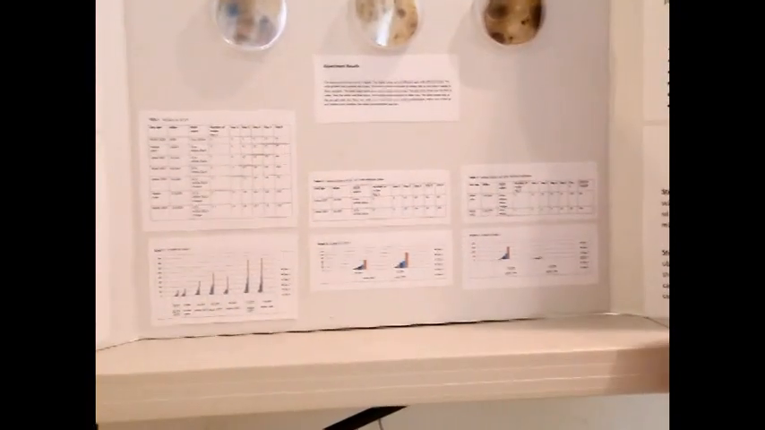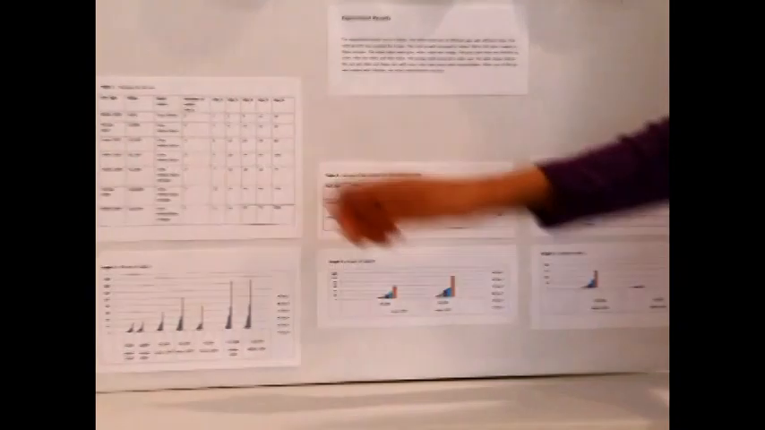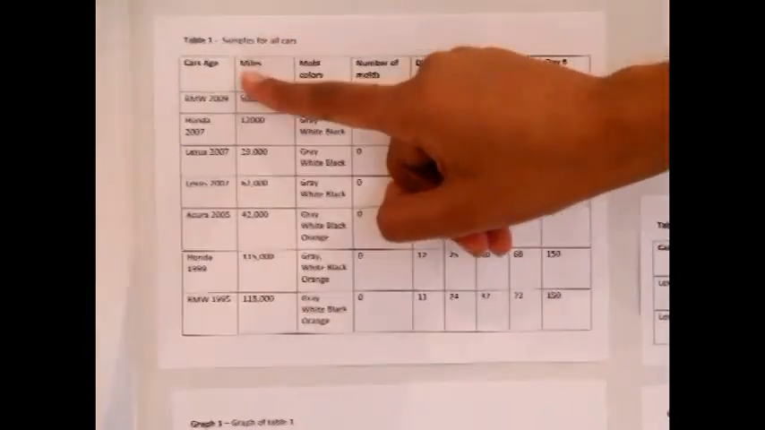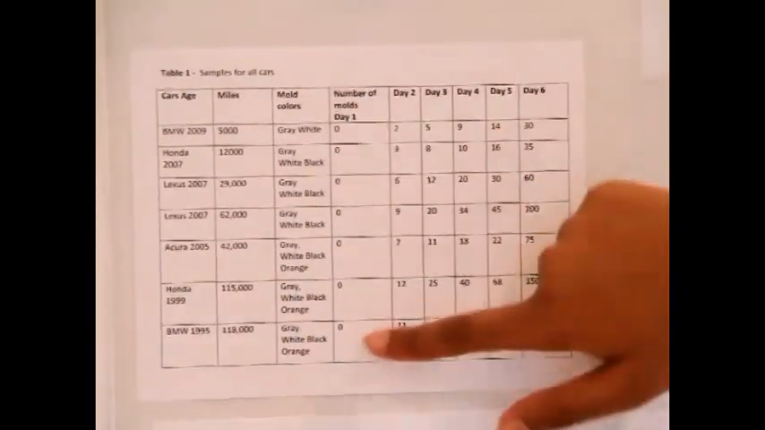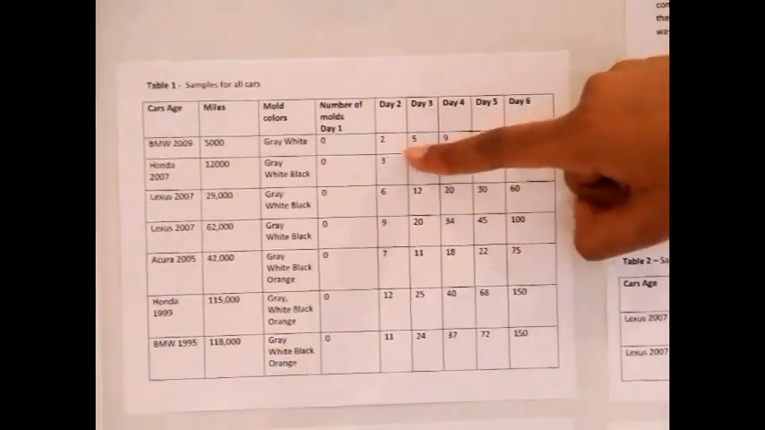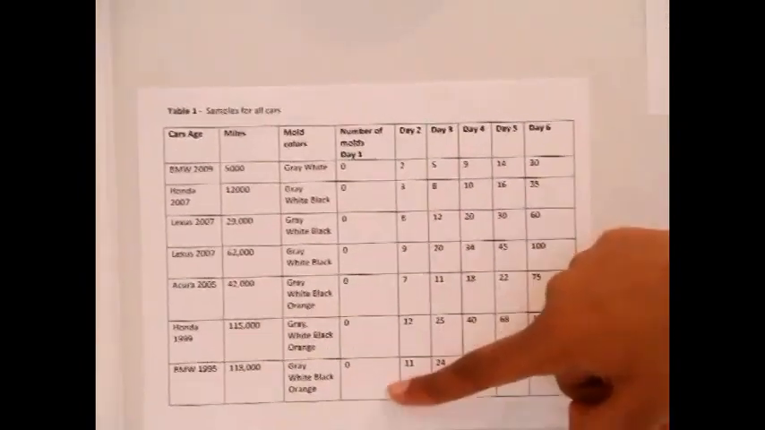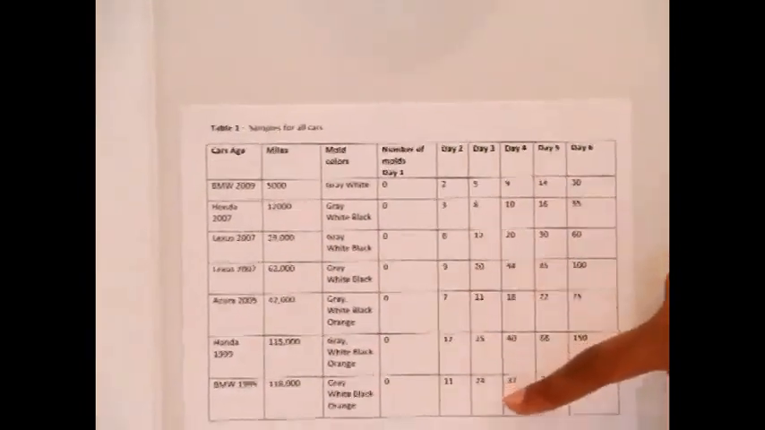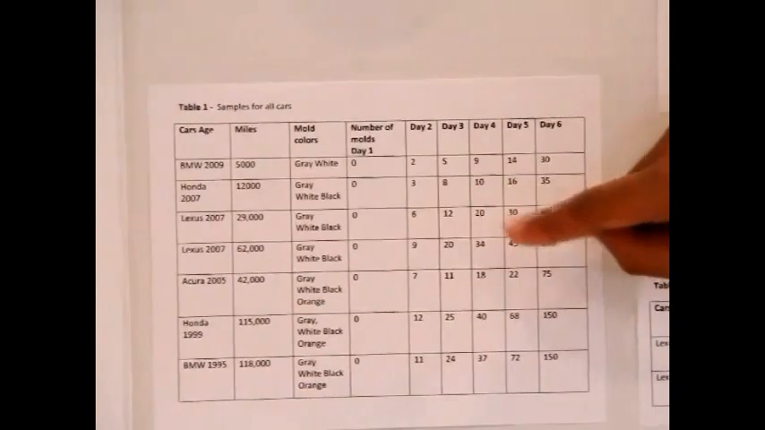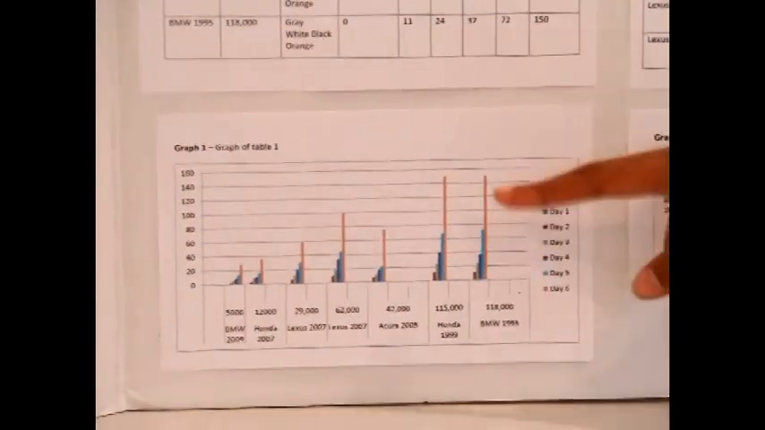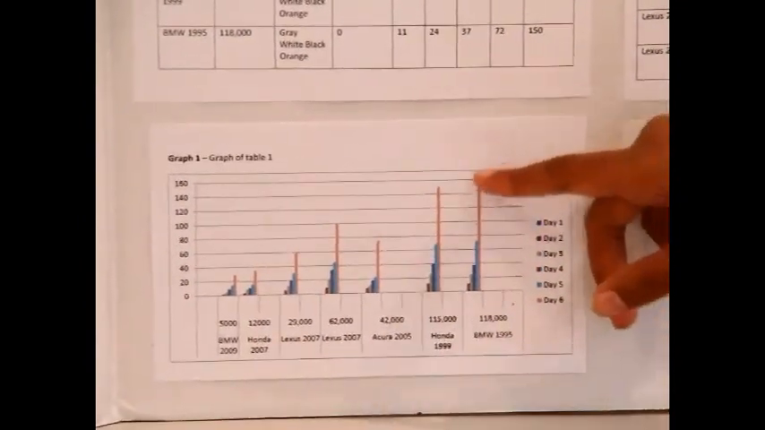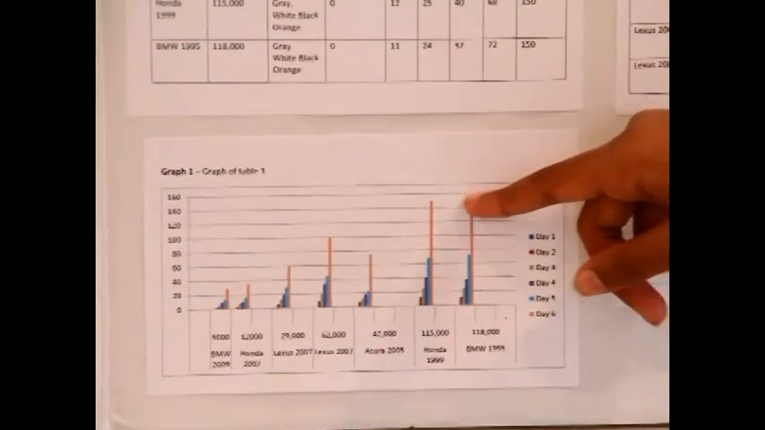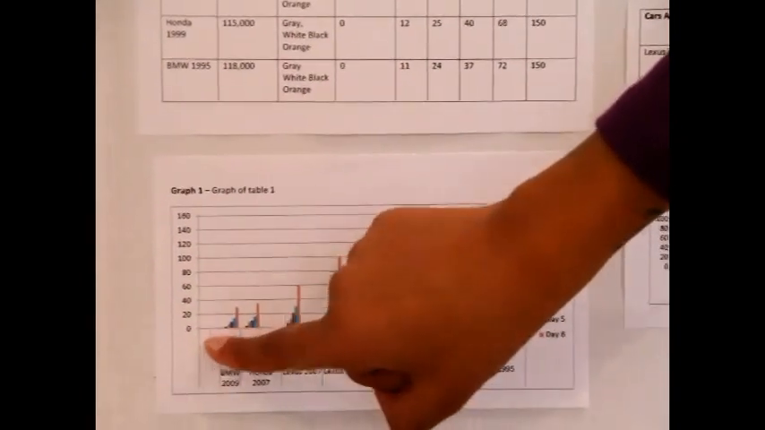These are the data and graph I collected. This table shows the different cars, ages, and miles, mold colors, and each day I saw that there were different numbers of mold and they increased. The graph shown here shows that the older the car, the more mold you see, and the newer the car,